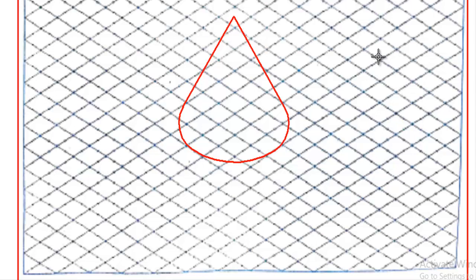And next we will discuss the sphere. When it comes to the sphere, it can be constructed very simply. We know that a sphere is like a ball. Any direction you rotate the ball, the shadow will look like a circle only, and it will not change its dimension. The shadow will come with the true length only. So that's why while constructing the sphere, we will take the actual dimension.